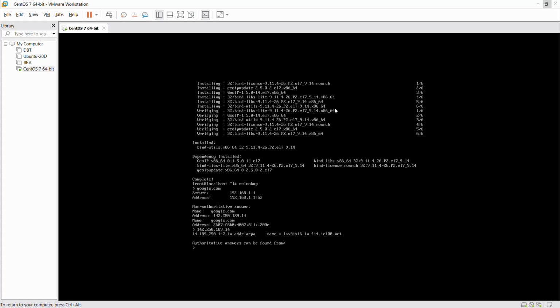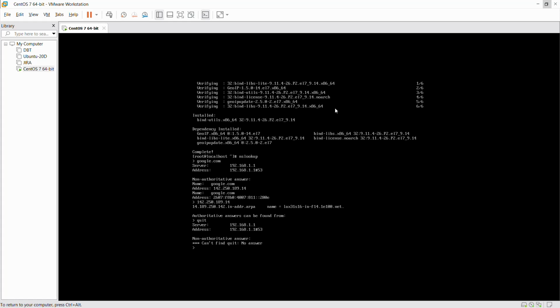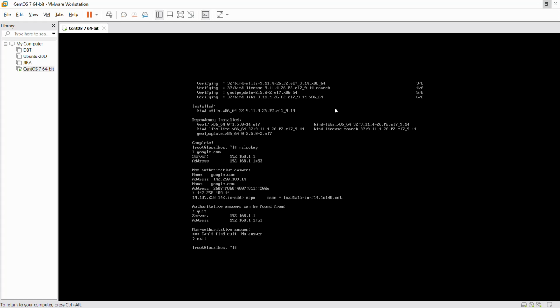But suppose I am a very intelligent person, I remember all the numbers, not names. I remember all the IP addresses. So I type the IP address, but still it should resolve to a name, correct? It should fetch me the name, google.com or the relevant server name. So that is called reverse lookup zone, or reverse lookup. So that is about your forward lookup and reverse lookup.